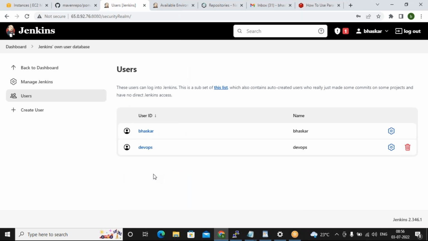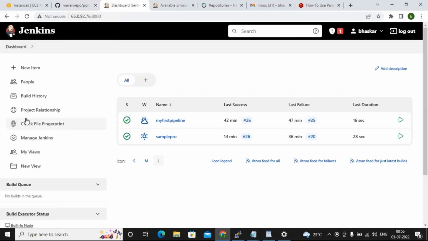So guys, by default, all users are admin. Even this DevOps user is also admin now. They will have full access, but it's not a good practice, right? We should not give the same access to everybody. Like we have developers, the admin team, the application team.